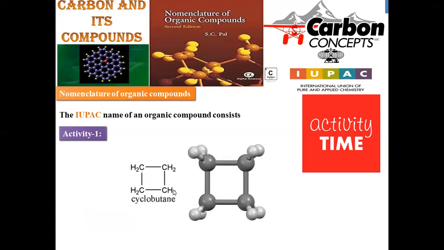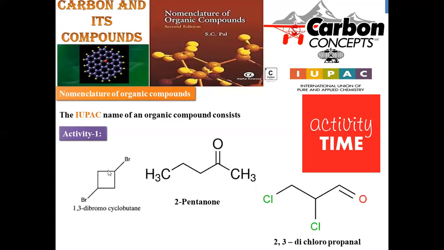And move on to another compound where we have 4 carbons again, but all 4 carbons are in a closed ring structure, right? In that case, the primary prefix will be cyclo, because all ring compounds should be assigned cyclo as a prefix. Then being 4 carbons, butane, no double bond or triple bond, hence cyclobutane is the IUPAC name for the compound. The 3D structure of the compound is also demonstrated here.